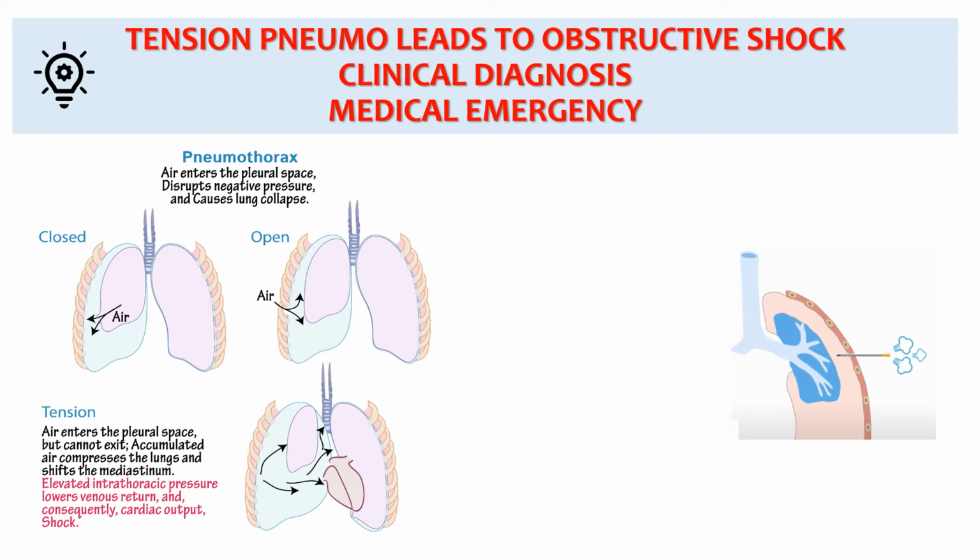Now, another thing is that there's something known as an open pneumothorax. This is an open pneumothorax when the air comes in from outside, and this is due to trauma, traumatic pneumothoraces of whatever kind. And this is a closed one when there's a tear inside the thorax, in the visceral lining, and this is different from this, as you can see. So this is an open pneumothorax and this is a closed pneumothorax.